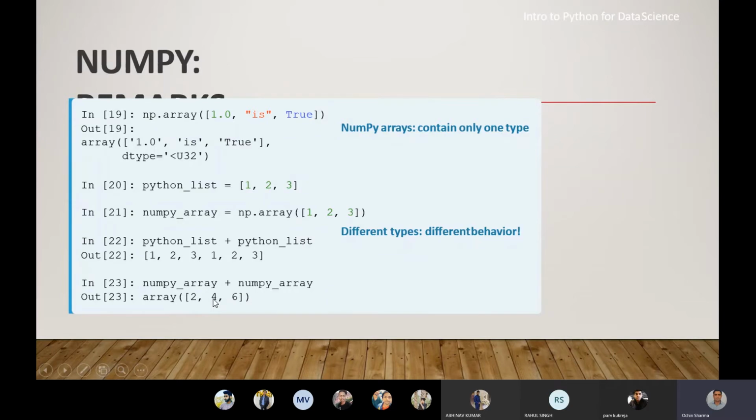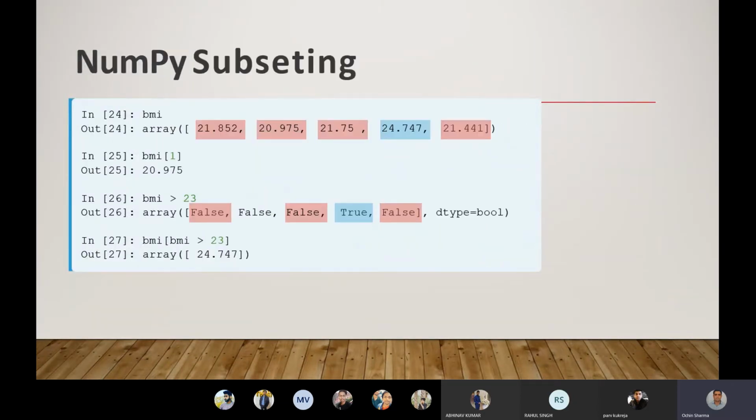While doing calculations on data or a dataset, the NumPy array is often used. And if we do not convert it into a NumPy array, mathematical operations won't be performed here. Like in line number 22, we have done Python list plus Python list. This plus sign is taken as a concatenation sign, and it is simply appending the data of list 1 again to the list 1. So 1, 2, 3, comma, 1, 2, 3. So like this you can see the difference between these two.